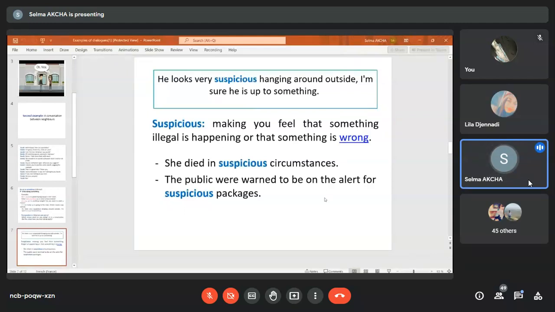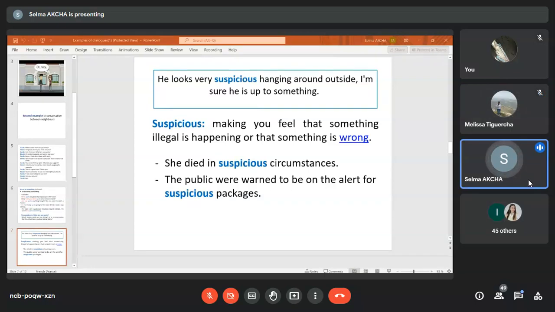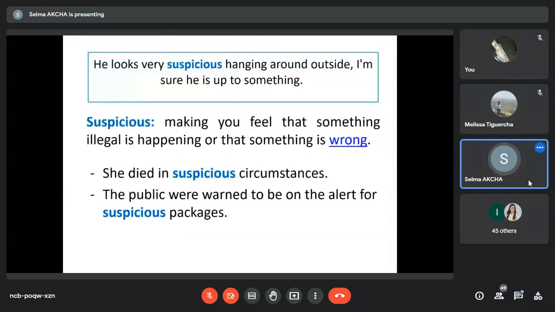10 more minutes. Okay. Who wants to read this slide? Yes, please go ahead, miss. The first one who asked me, I couldn't see the name. Yes, Lydia. And after that, who wants to read? I heard another voice. Melissa? Okay, no problem. Lydia and Melissa after. Okay, please go ahead. I'm listening.